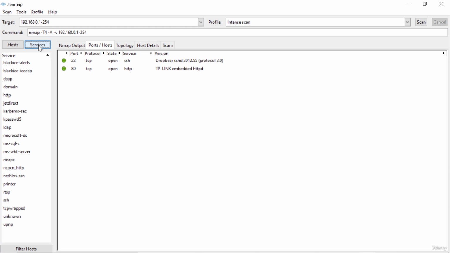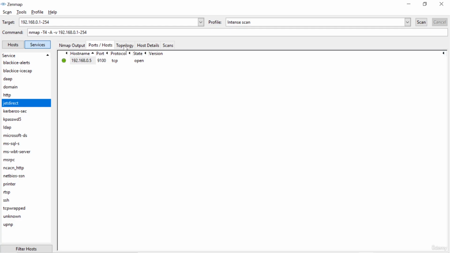Maybe I don't care about individual hosts. What I'm looking for are services that are running on the network. So, JetDirect. That means we've got a network printer. When I select it, it gives me the IP address and the port number. Well, TCP port 9100 is normally what an HP JetDirect type of network printer listens on. But if that hardware hasn't been upgraded, if the firmware in the printing device hasn't been updated, there might be some known vulnerabilities to the point where I might even be able to scan whatever might have been left in the scanner tray. It could be a sensitive document for all we know. So there's a lot of potential attack vectors here. And this is good because when used legitimately, we can find these things out and solve those issues, implement security